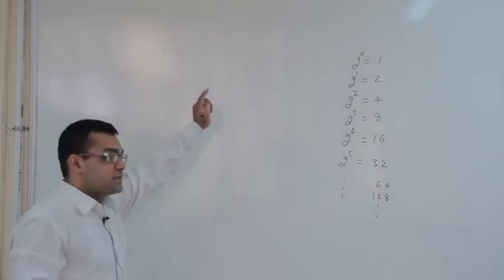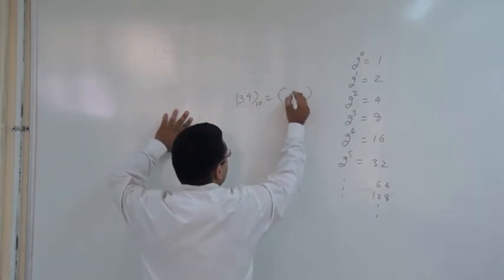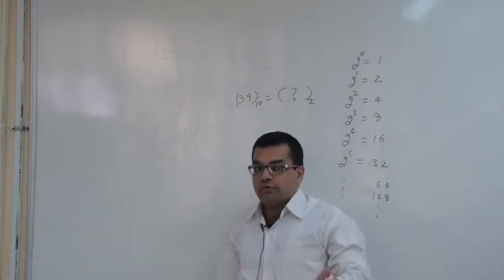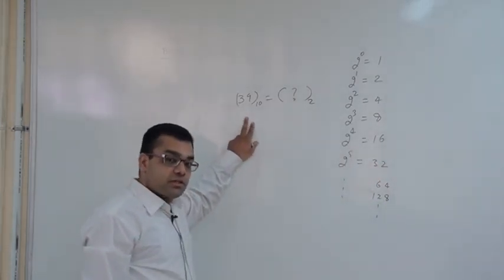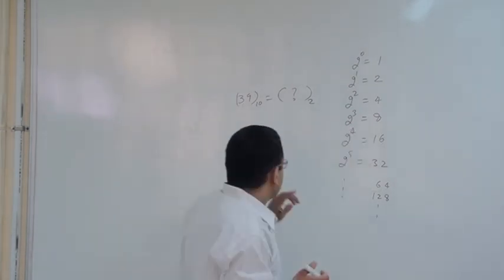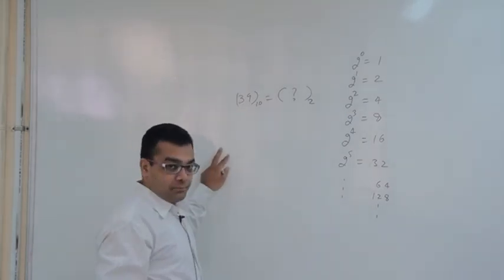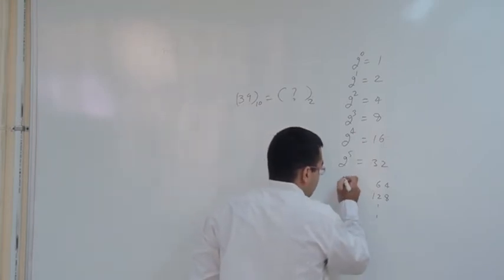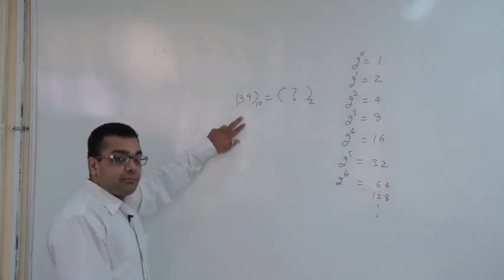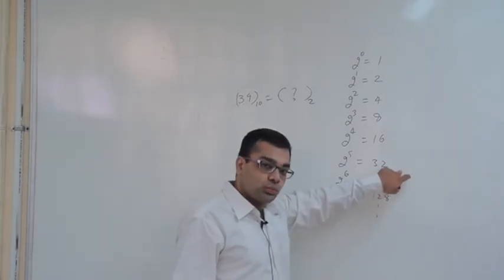Now we were given information as 39 and we were supposed to convert it into binary. So what do we do? We break this information into a sum of 2 to the powers. We'll look for the highest power of 2 which is just less than this number. For example, over here 2 to the power 6 is 64. Now 64 is greater than this number, so the highest power of 2 which is less than this number is 32.